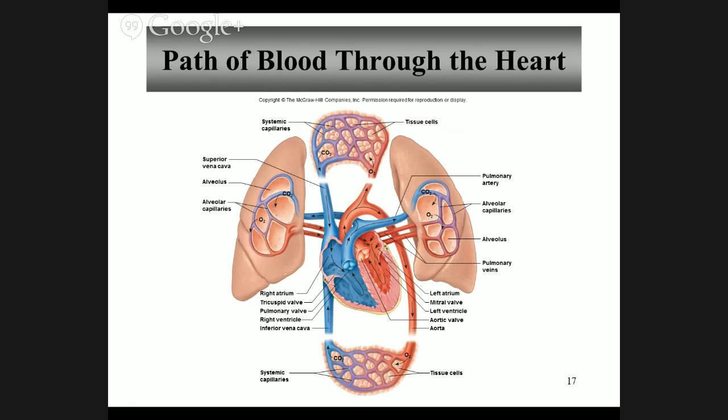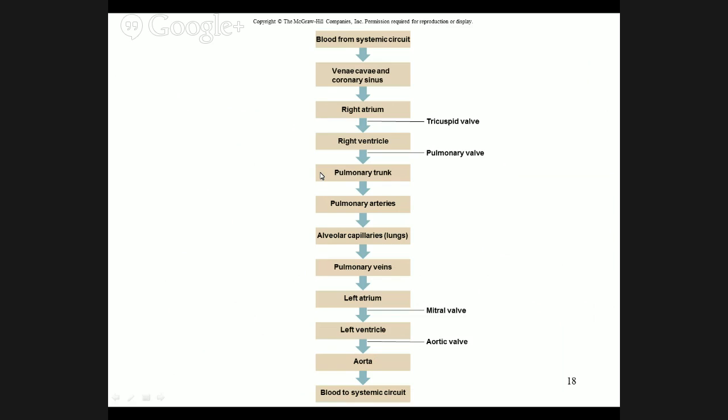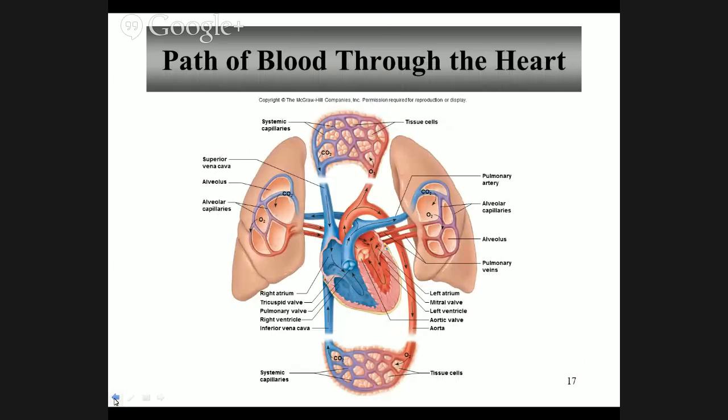Here's how the path of the blood flows through the heart. In the tissue cells, oxygen is taken in and CO2 is given off. That blood, deoxygenated with high CO2, travels to the right atrium, to the tricuspid valve, into the right ventricle, through the pulmonary valve, to the pulmonary trunk,